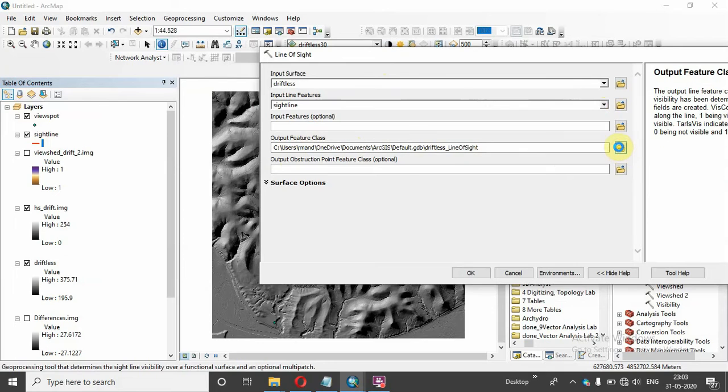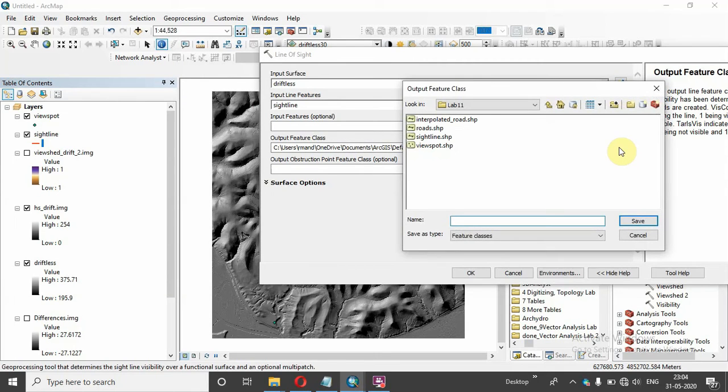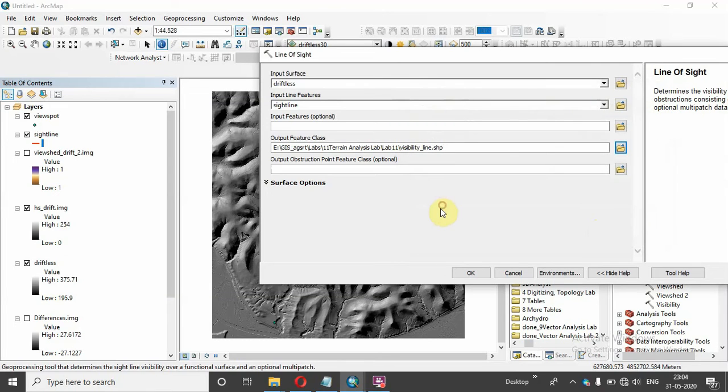Then give the output name as visibility line, something like visibility line, dot shp, save. Then okay.